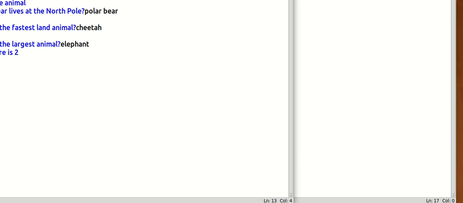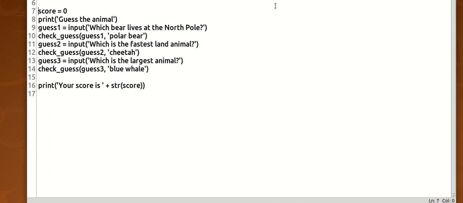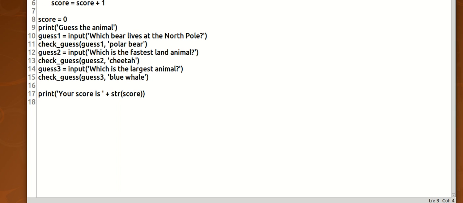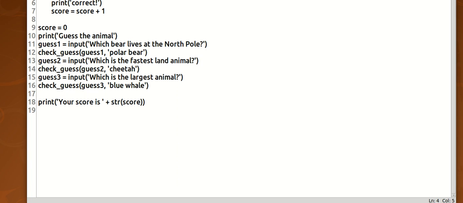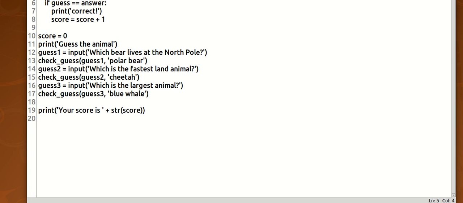Now, let's give the player more chances. Here's how we do that. Let's go back up to line 2 and enter a new line here. And I'm going to enter another variable called still_guessing, and I'm going to set it equal to True. I'm going to set attempt equal to 0, so 0 attempts. And I'm going to say while still_guessing and attempt is less than 3, colon,